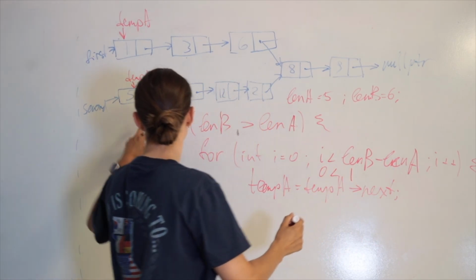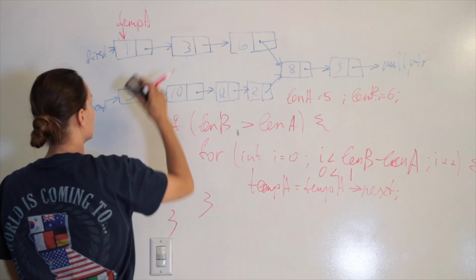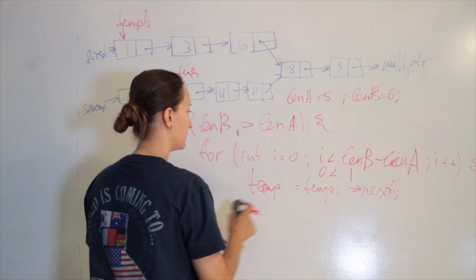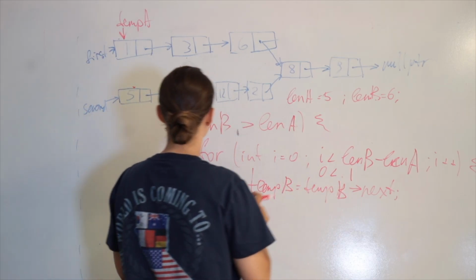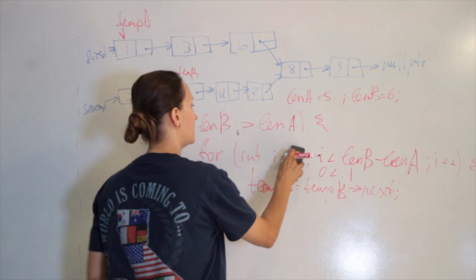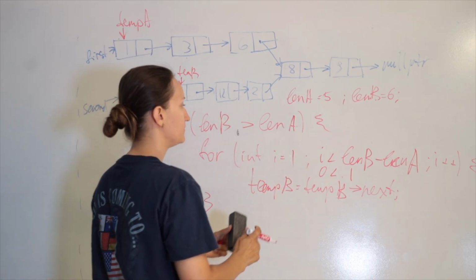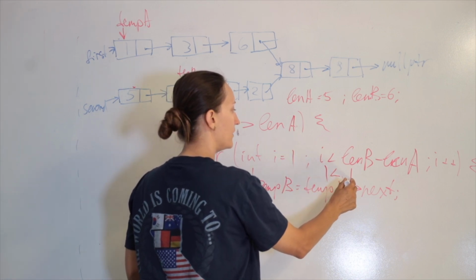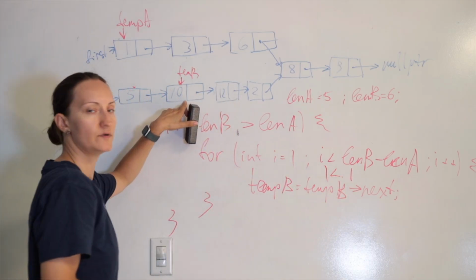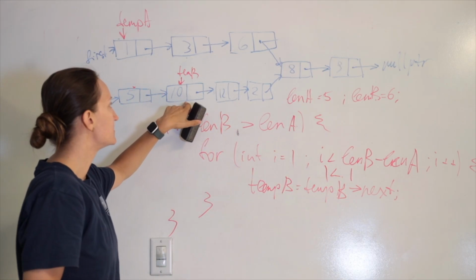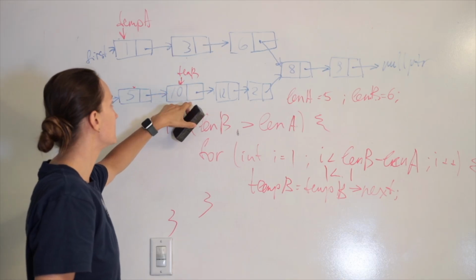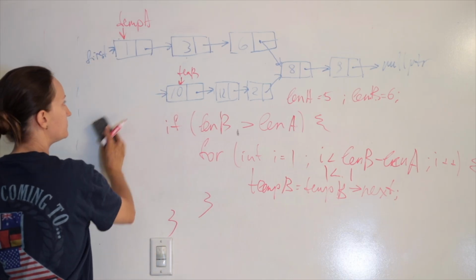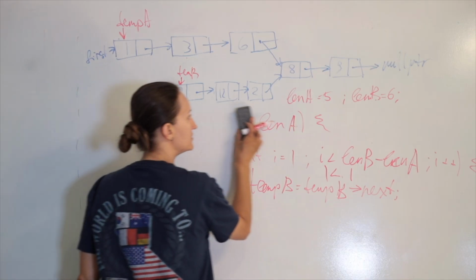Move pointer temp B to this node, and increment. Now I is equals 1. 1 is less than 1? No, it's not true. It means we found the start. We want to start here. It means we just cut this first node. And we are moving to the next part,